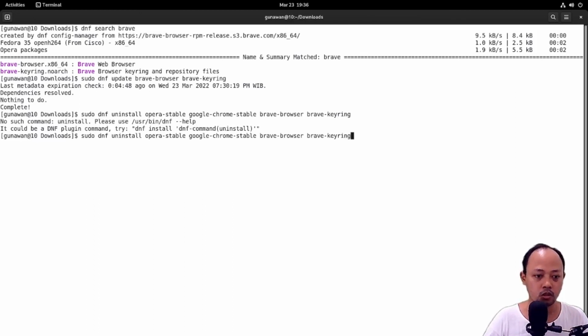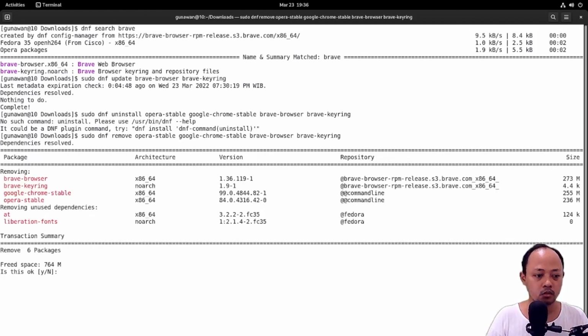Oops, I'm sorry. I mean remove. So the Opera stable for the Opera browser, Google Chrome stable for the Chrome browser, and Brave browser and Brave keyring for the Brave browser.